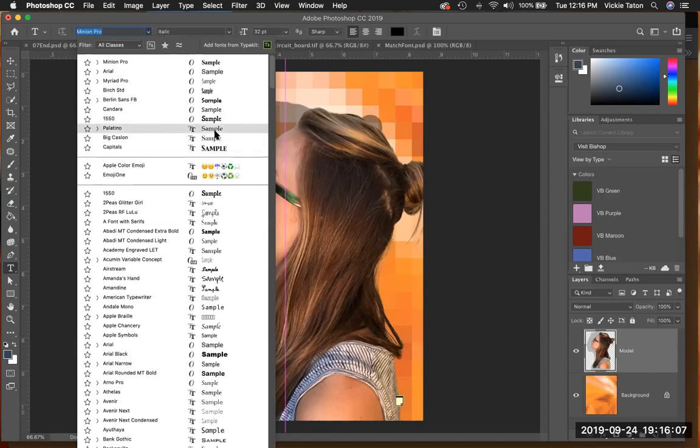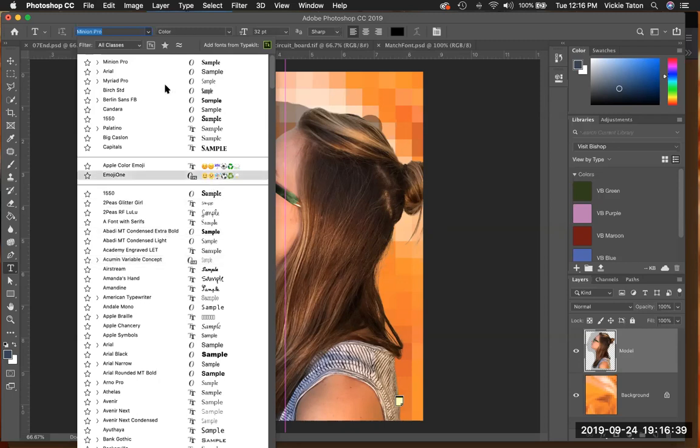So Palatino, if you can see that, is a serif. Let's see, Sample or Capitals is a serif. Some of these fancier types are sans serif. Abody is sans serif. So look through and get used to identifying serif versus sans serif. And then choose a serif